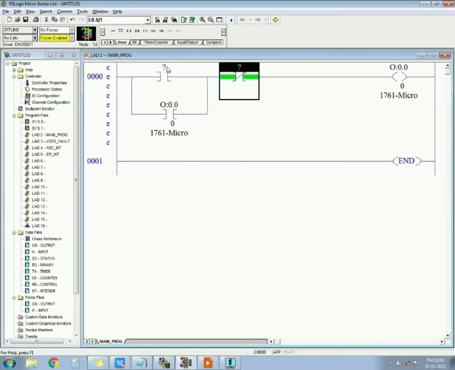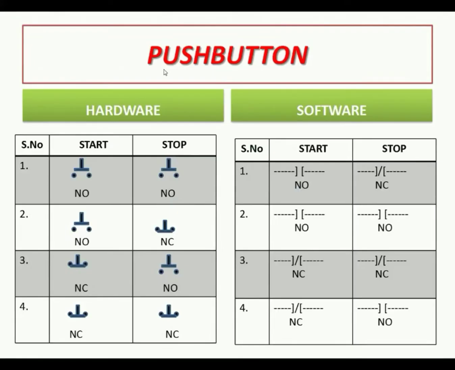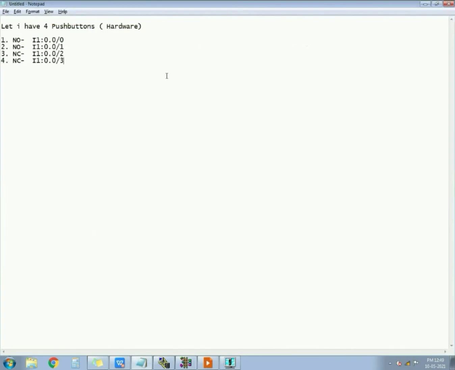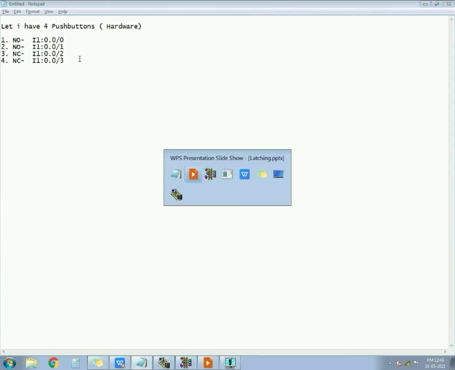Now addressing, I have to give the address I1 colon like this. I will give according to the hardware, where our NO is connected in hardware. You can see the first condition and second condition, there are two NOs. Our two NO push buttons are connected to I1:0.0/0 and I1:0.0/1. So I have two NO push buttons connected to 0 and 1.